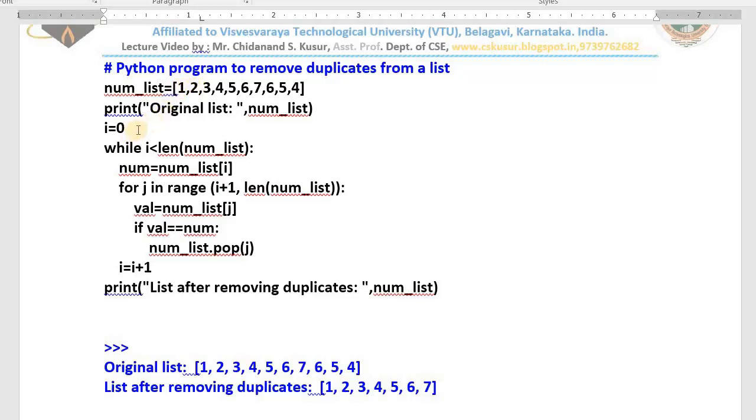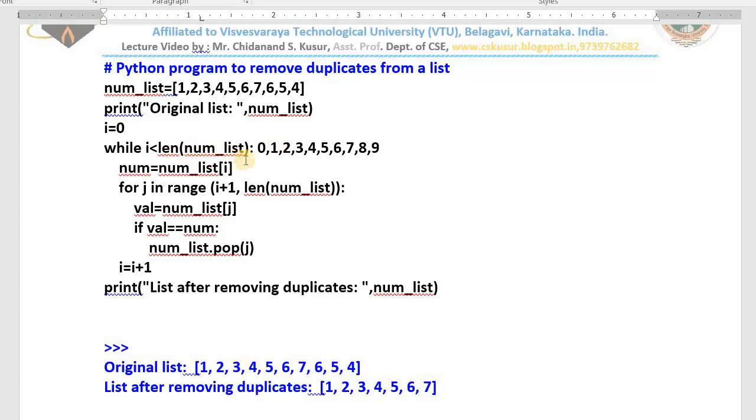That's why I stored 0 inside the variable named i. Afterwards, I have taken the while loop here: i is less than the length of the list. What is the length? 1, 2, 3, 4, 5, 6, 7, 8, 9, 10. The length is 10. Is 0 less than 10? Yes. Next 1, 2, 3, up to 9. It works 10 times, but I work with index values.